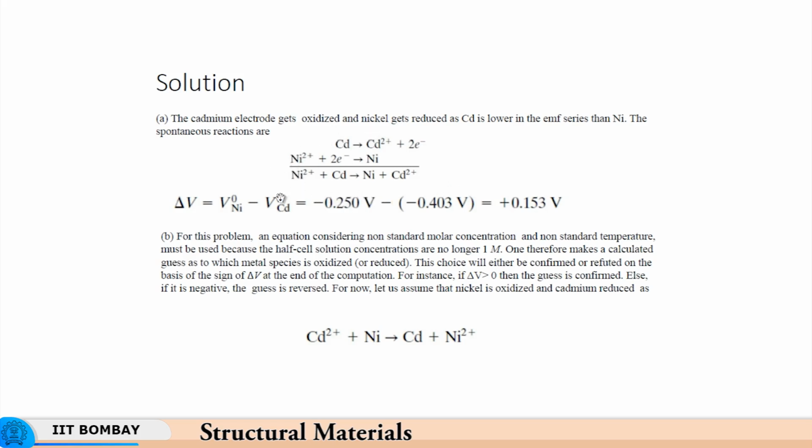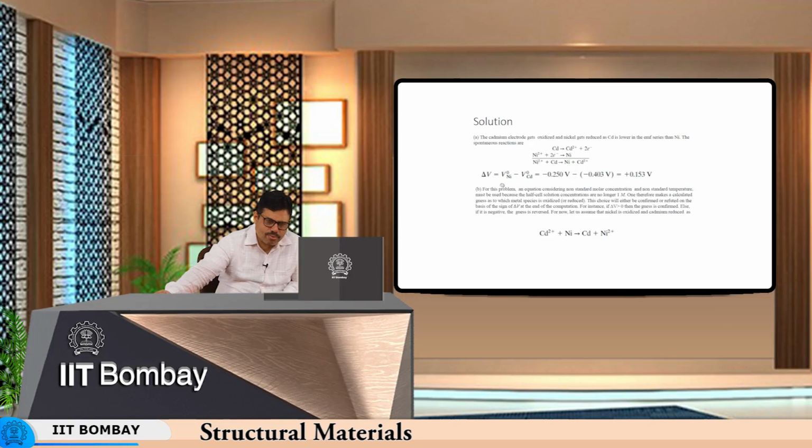reactions, or basically the voltages taken here. So, basically what it means is that if you have assumed that the nickel is going to oxidize and cadmium is going to reduce, for example, then you will get a negative value over here, and it will indicate that the positions of cathode and anode are the other way around, right? Because otherwise, supposing you take nickel to be oxidizing and cadmium to be reducing,